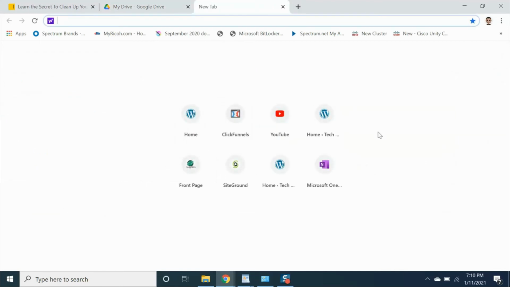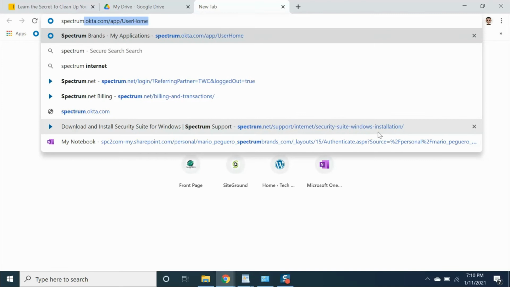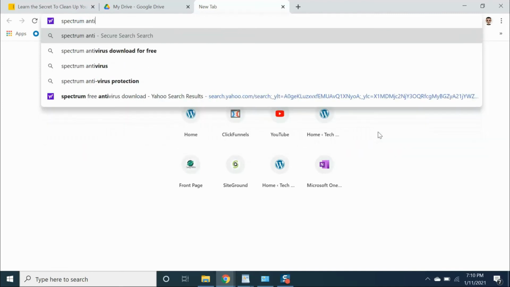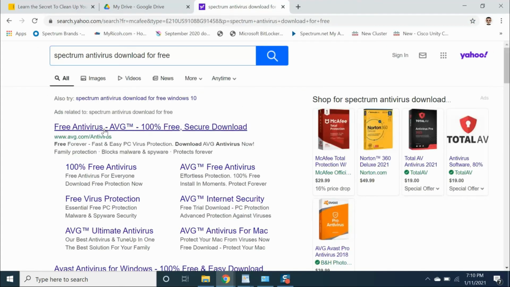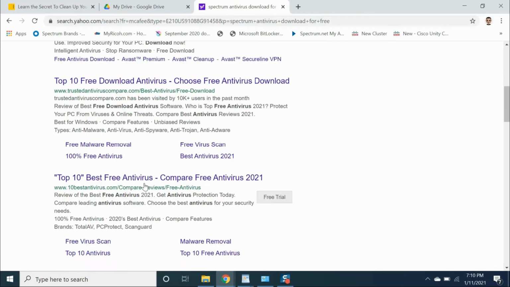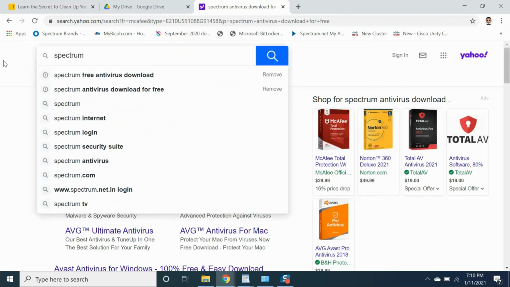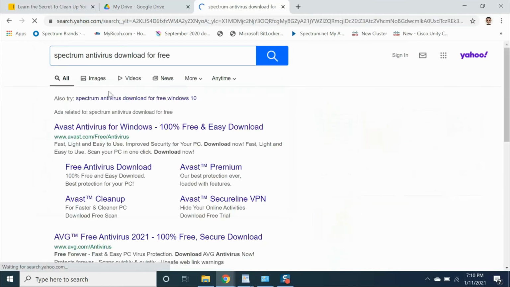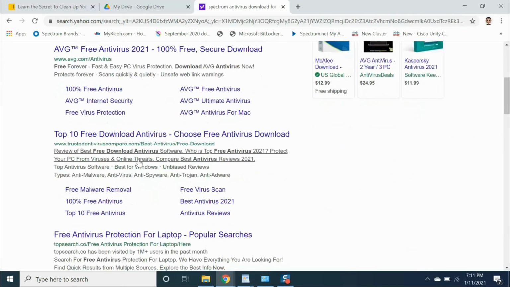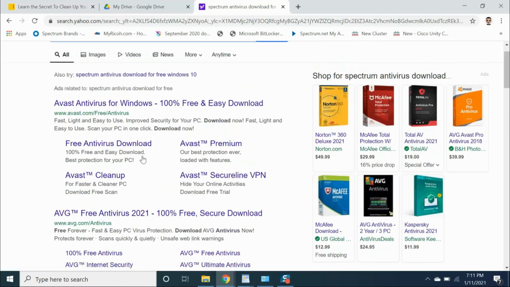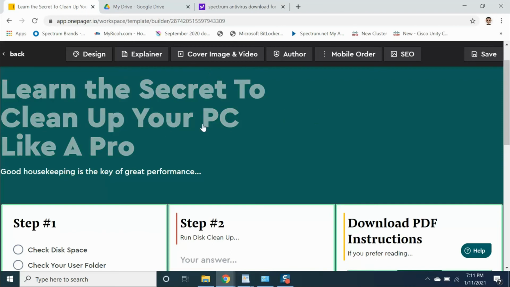You can just search in Google for Spectrum antivirus, and it's going to take you to the page where you're able to download it. Let's search it here. I'm going to give you a PDF where the link is there. The only thing you've got to do is click on it. So I'm going to give you this